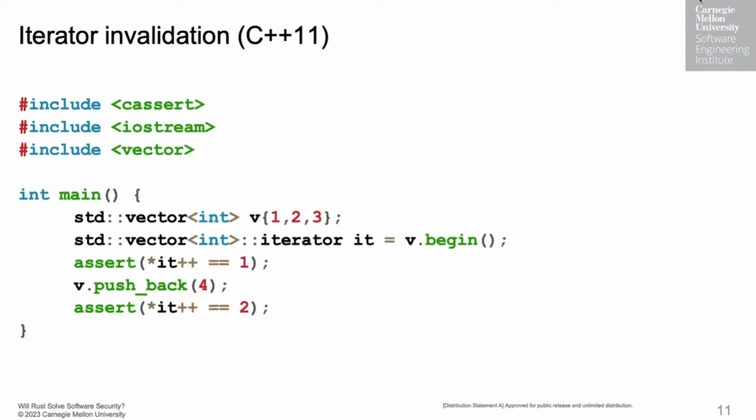So here's an example of a C++ program that has undefined behavior in it. It creates a vector, starts iterating over it, then appends an element to the end of the vector, and then continues using the iterator. When you append an element to a vector, it might need to reallocate. And if it does, then all iterators are invalidated, which makes that final line undefined behavior from referencing freed memory.